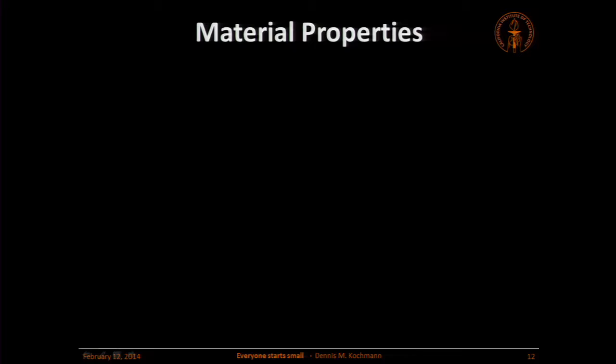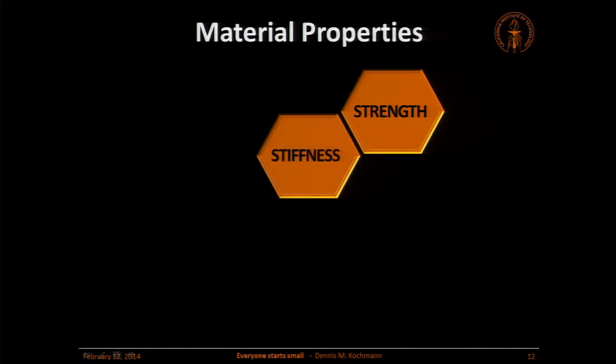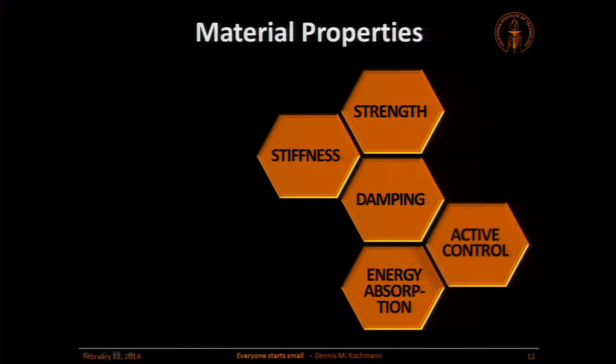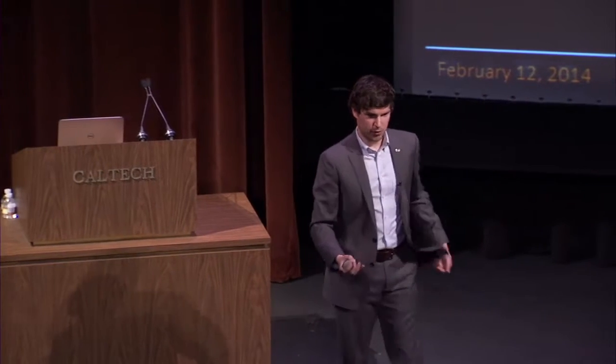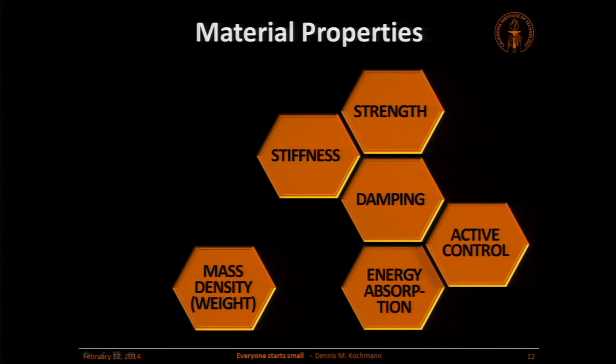And so when we talk about material properties, the ones I mentioned are only some of the ones we could talk about. We will talk about strength of materials tonight and their stiffness. I mentioned the damping and their capability to absorb energy. One of the things I will mention towards the end is active materials. Nowadays, we don't want materials just to be, we want them to do stuff, to react, to respond, we want to control their properties. And of course, we want them to be light. In aerospace, we don't want them to be heavy.